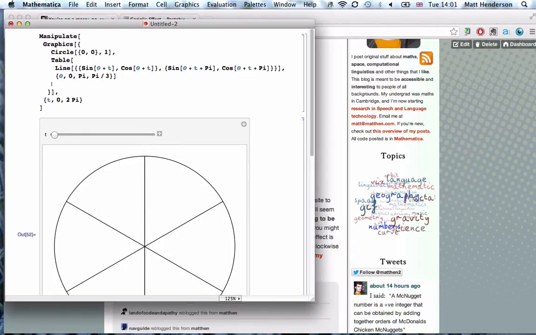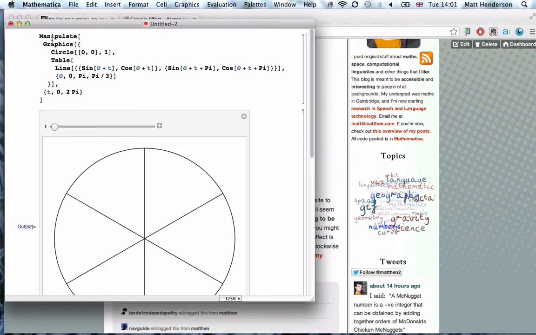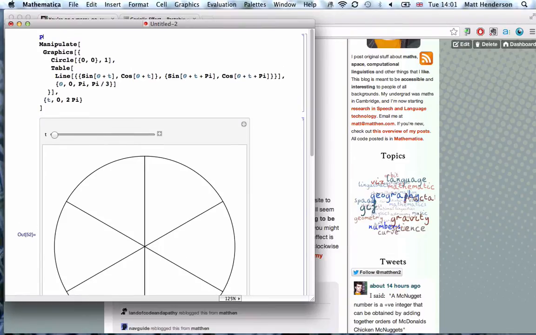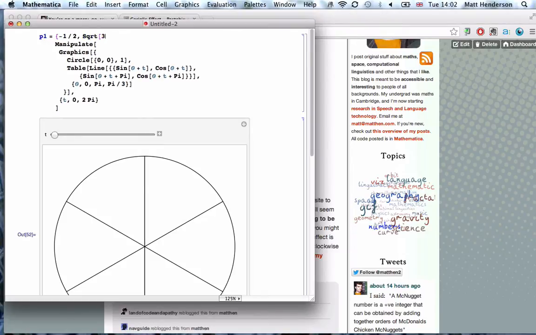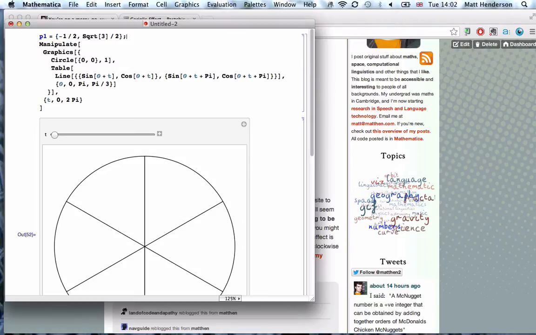Let's say I'll do the point 1 equal to, so I want something that's on the circle, so if I did 30 degrees here, then x would have to be minus half, and y would be square root of 3 over 2, right? So if I did that, if I draw that point on,